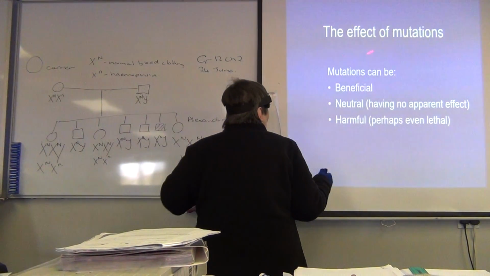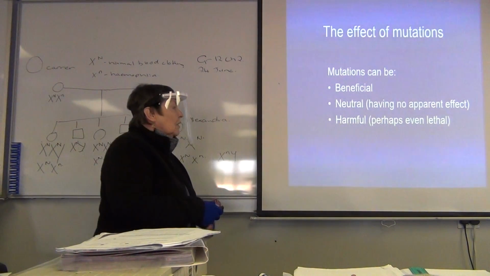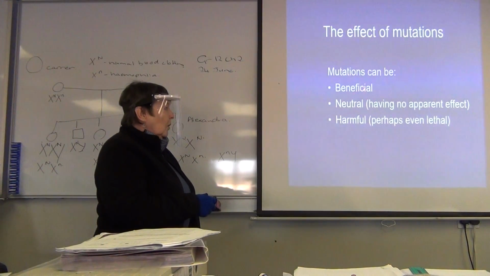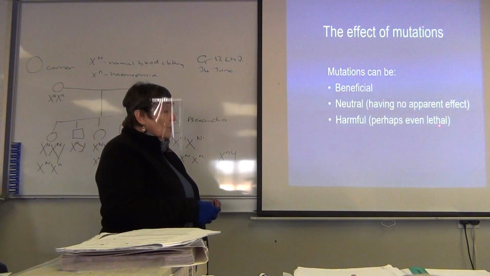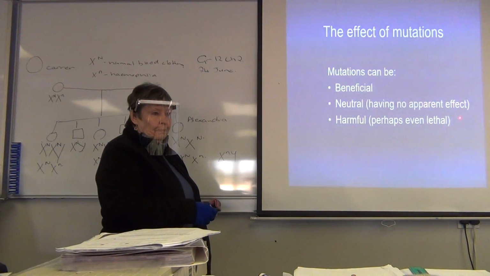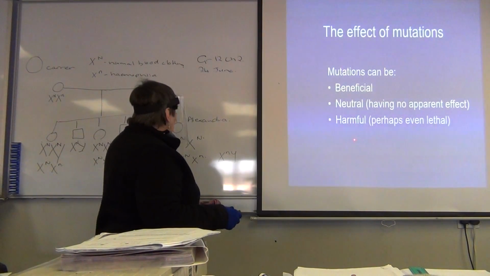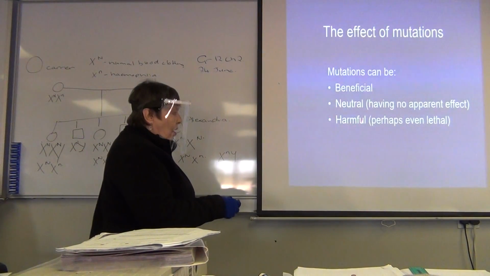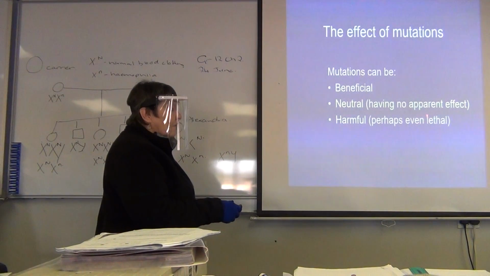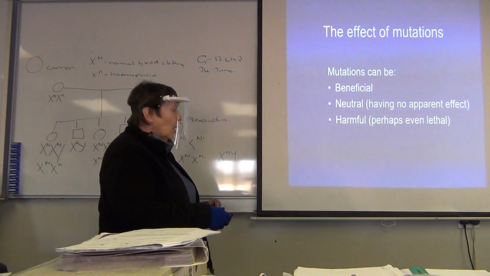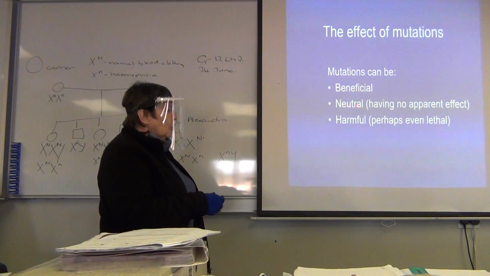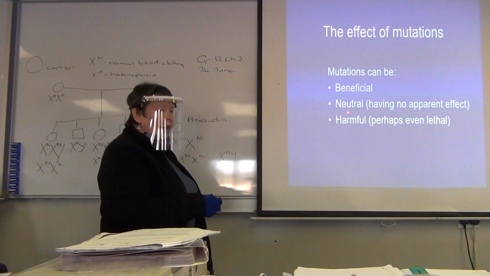Okay, so the effective mutations can be beneficial, or they can be neutral, having no apparent effect at all, or they can be harmful, and it's possible that they can even be lethal. So Queen Victoria's mutation for haemophilia was harmful, and in fact she did have a few children that died. Neutral would be a mutation like